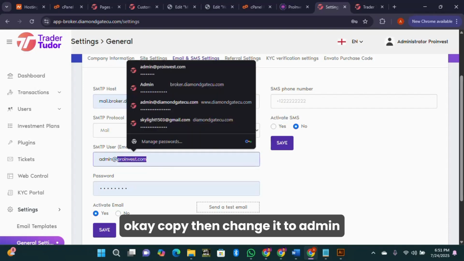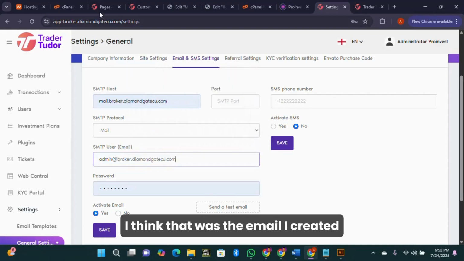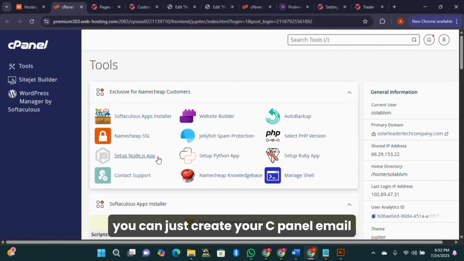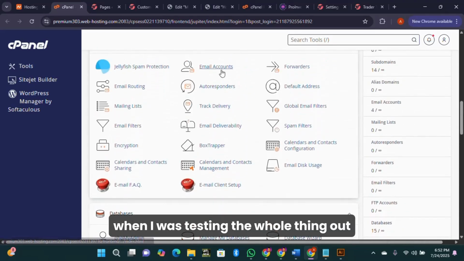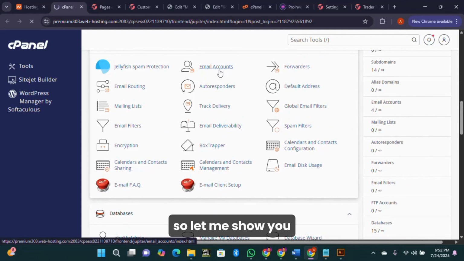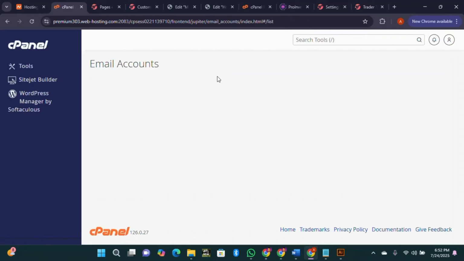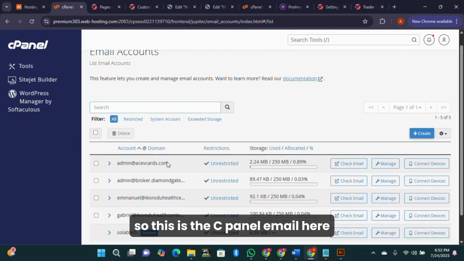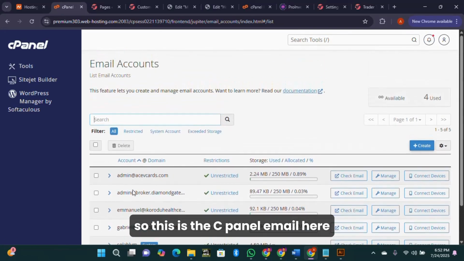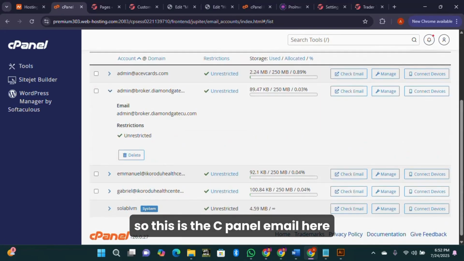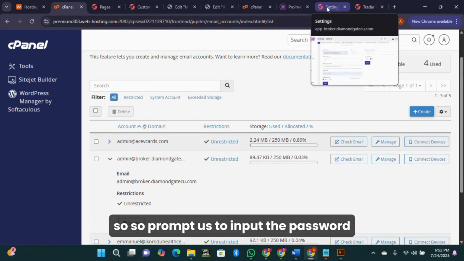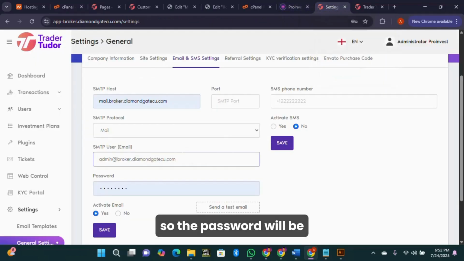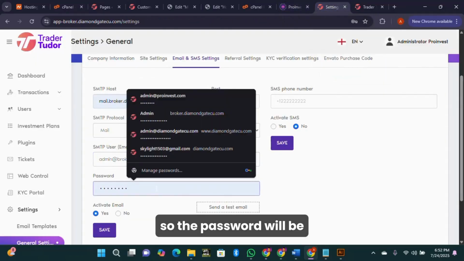Copy. Then change it to admin. I think that was the email I created. You can just create your cPanel email. So I created a cPanel email earlier when I was testing the whole thing out. So let me show you. So this is the cPanel email here. It will prompt us to input the password. So the password will be